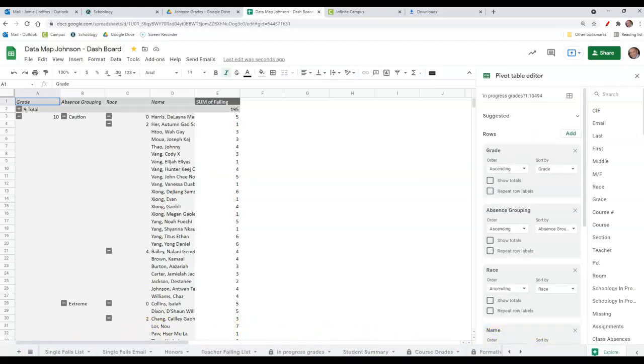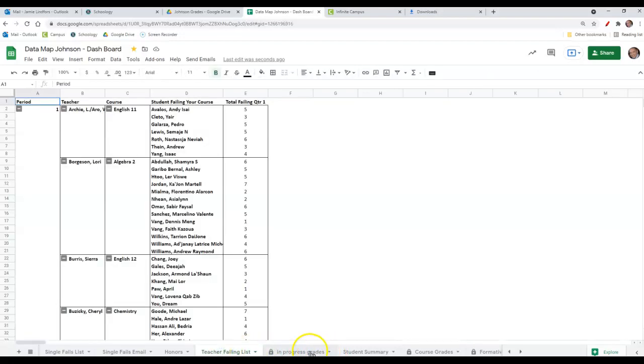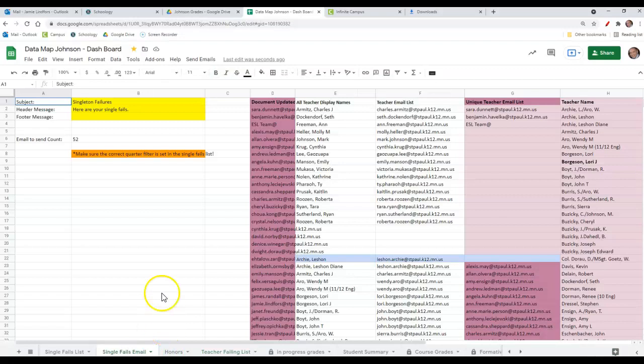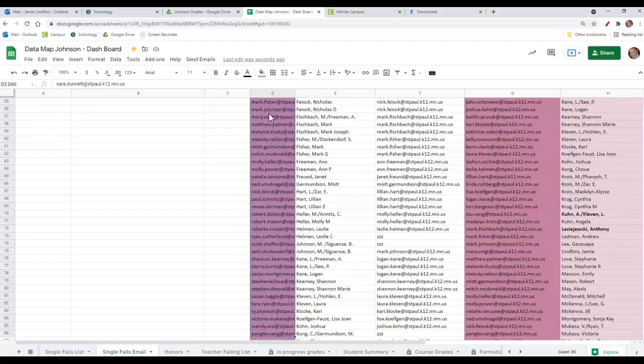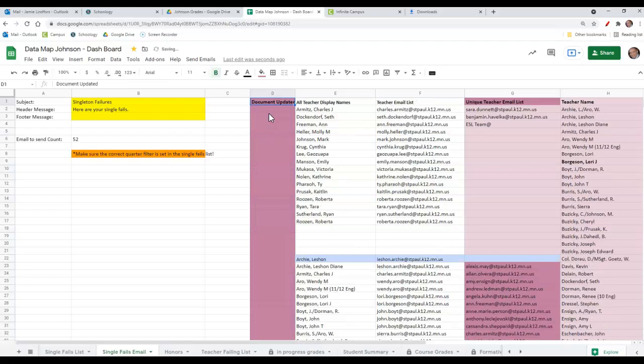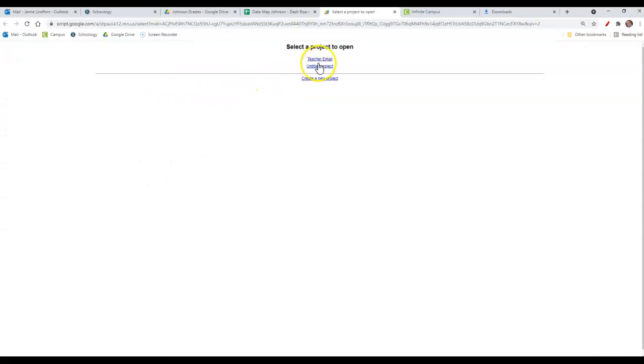But what I do want to get to is to update the teacher single fails email. All right, so these are the teachers here. We'll go over how to do that. But basically, I want to update all these documents. So I'll just go through and delete out the teachers that are here. And then I'm going to go to Tools, Script Editor. And then I want to run the